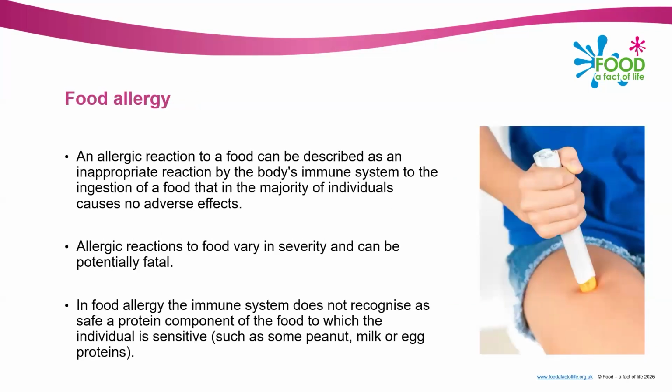So food allergy then is an allergic reaction, which is essentially the body's immune system reacting to something as if it is dangerous when it's actually not. Most people can eat peanuts, wheat, and milk without any issues, but for people with an allergy, their immune system reacts very strongly and causes a range of different symptoms. Allergic reactions can vary in how severe they are. It can be something that is just uncomfortable, like a rash, but it can also be